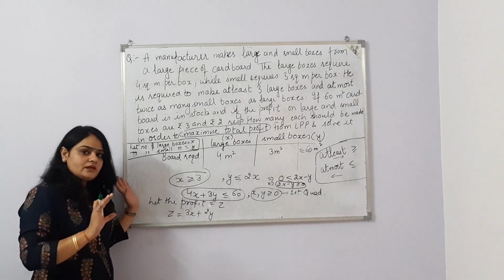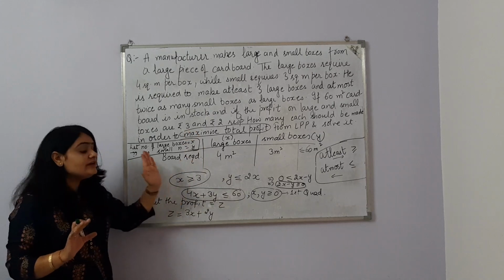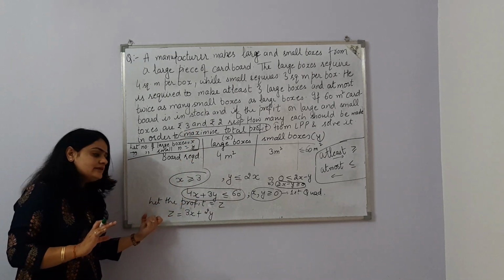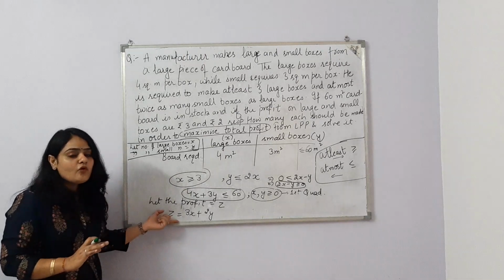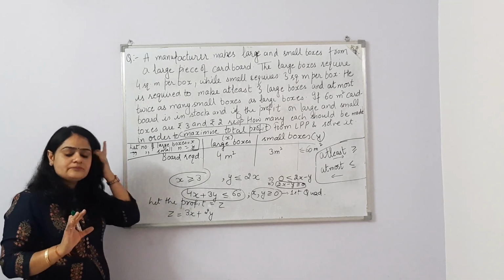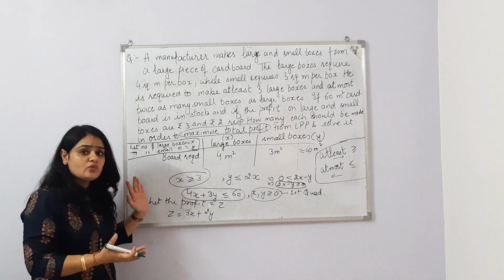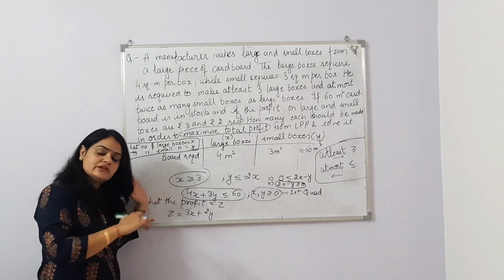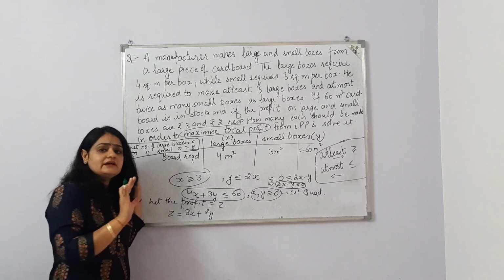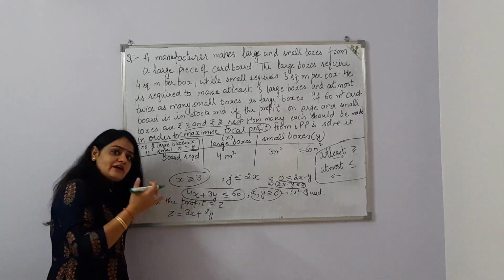If we have three constraints, we can draw the graph, and we can calculate maximum profit by using this z. Hope you can do this question on your own, because we have already done it in the last two or three videos, and even in this video I've done almost 5 to 6 questions of graph only. So the graph is the same.